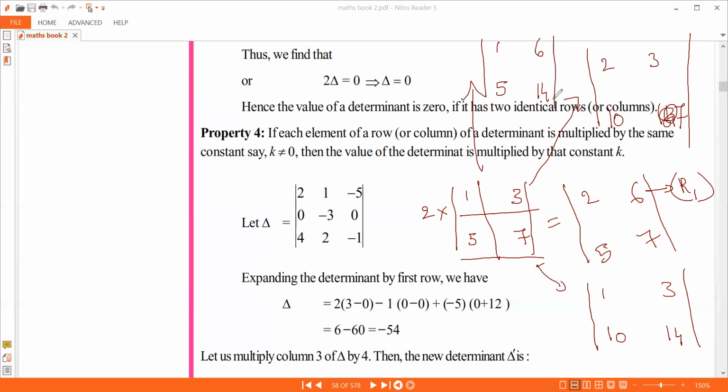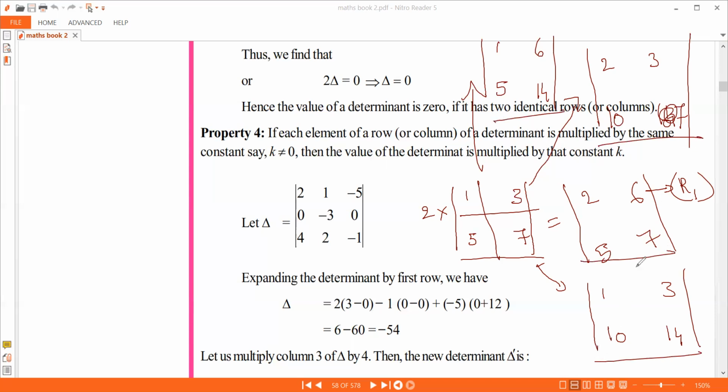So this is the basic idea of multiplication of a scalar with a determinant. You should not multiply for all. It's one row or one column, either one row or one column. That's it. If I multiply with 2, the 2 has to be multiplied to one row or one column: 4 possibilities.